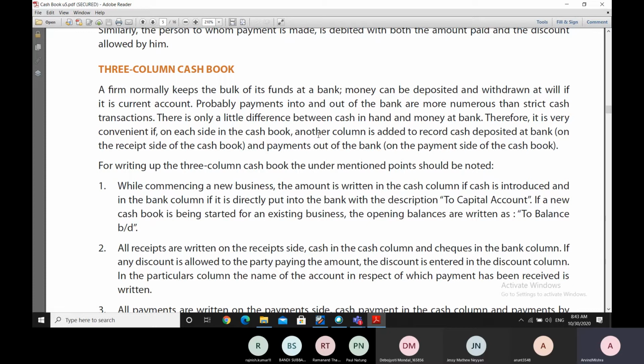Therefore, it is very convenient that if we have to maintain a bank account in our books of accounts, we just add a column in the cash book called the bank column